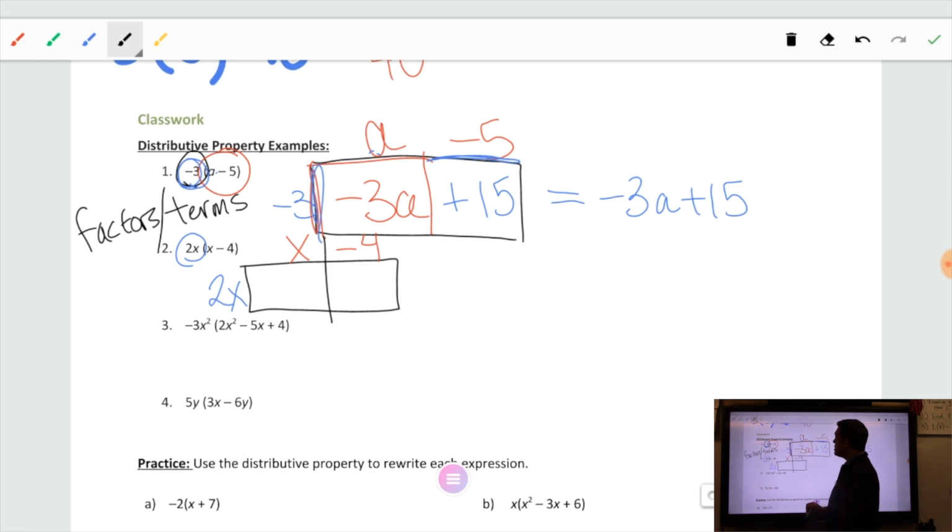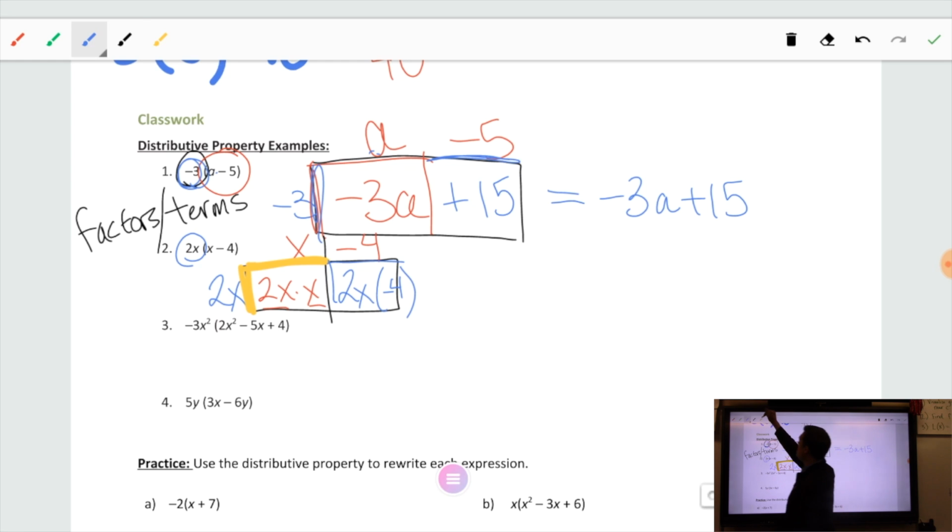Now taking x minus 4 and multiplying each of them by x, so 2x times x, I'm going to get the area of that little rectangle, 2x times x. I have a simplified answer in a second, but I just want you to see it's the 2x times the x. And then taking the 2x and the negative 4 and multiplying them together, I get 2x times negative 4. So taking the left half and the right half and combining them with addition, the final answer will be 2x,